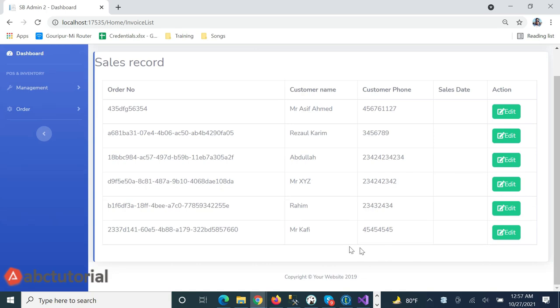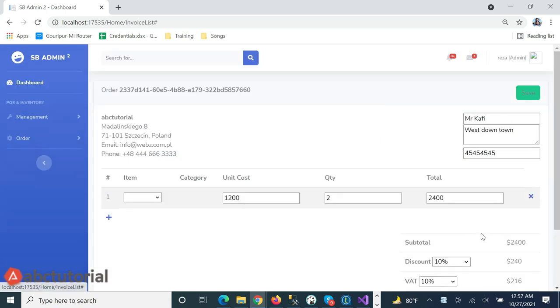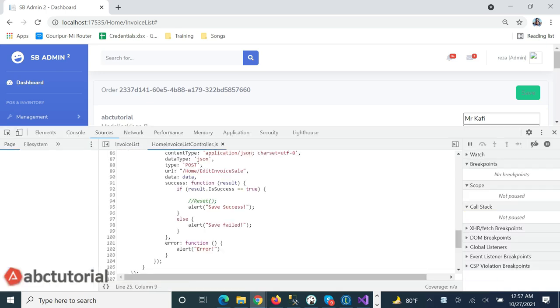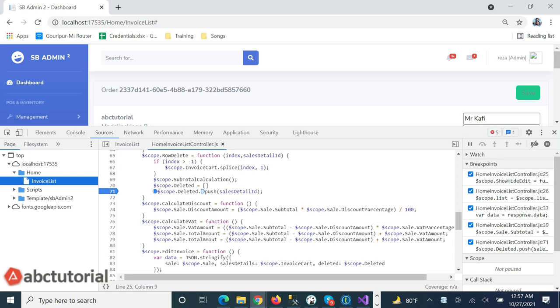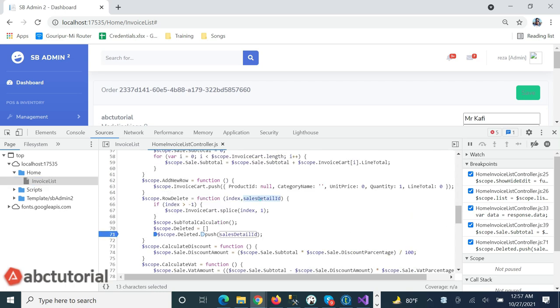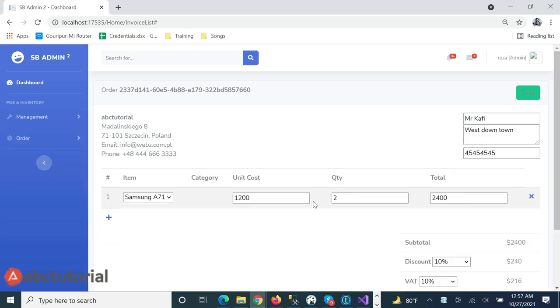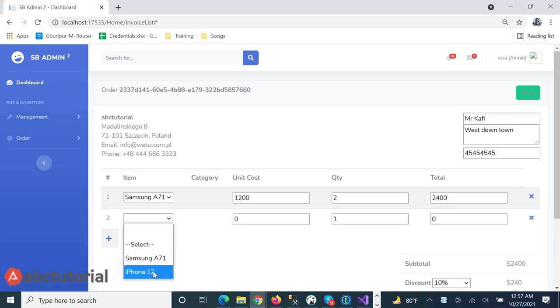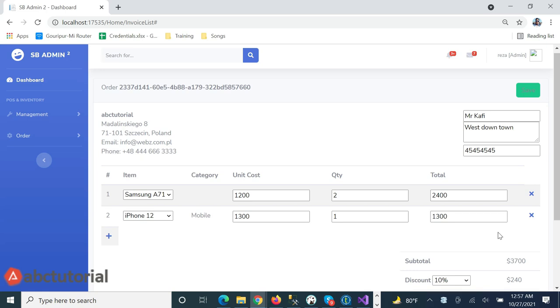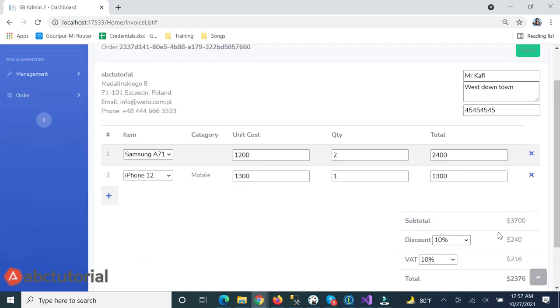Manage order. If I click on Mr. Coffee, I will check first that the changed things are coming here. Yes, right. So, giving iPhone this. Okay, so now